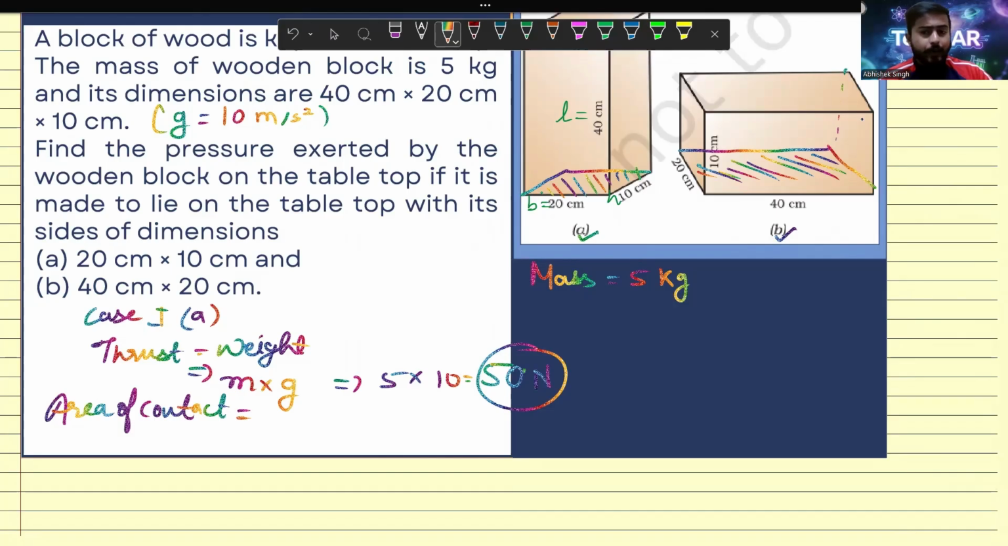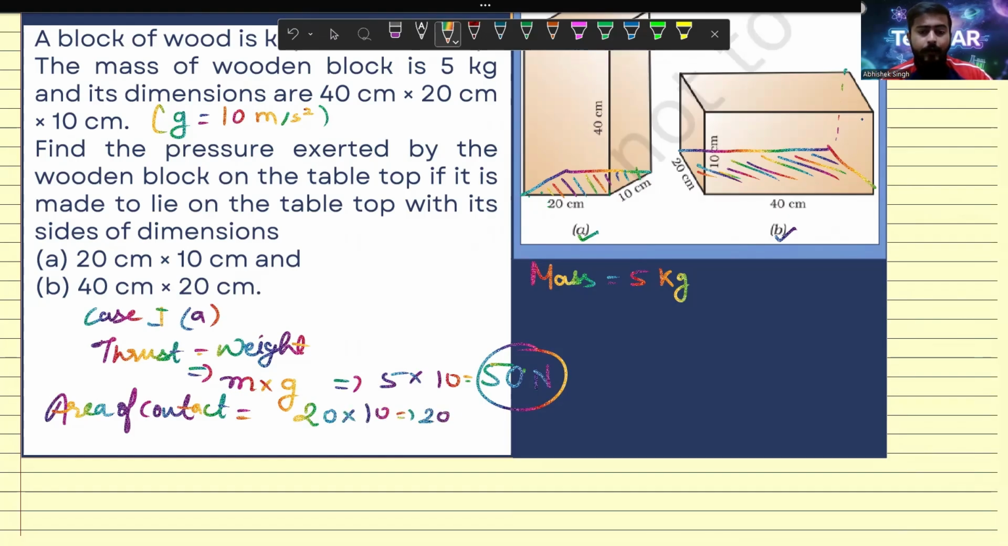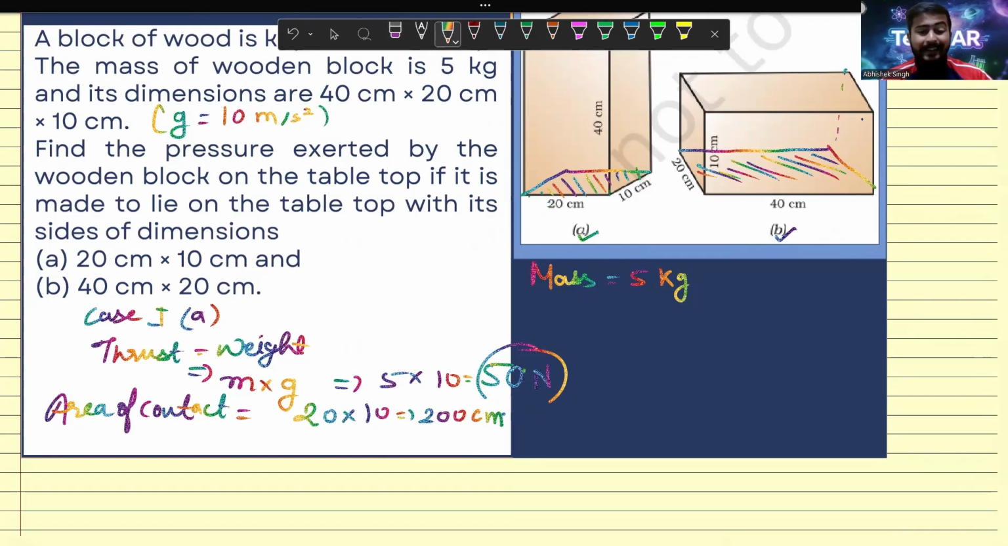That is length into breadth. Okay, don't get confused with this length and breadth that I have assigned. For different surfaces it would be different. So for the base, the length is 20, the breadth is 10. We got 200 centimeter square. Make sure you are getting it right because this is not in meter square, it is